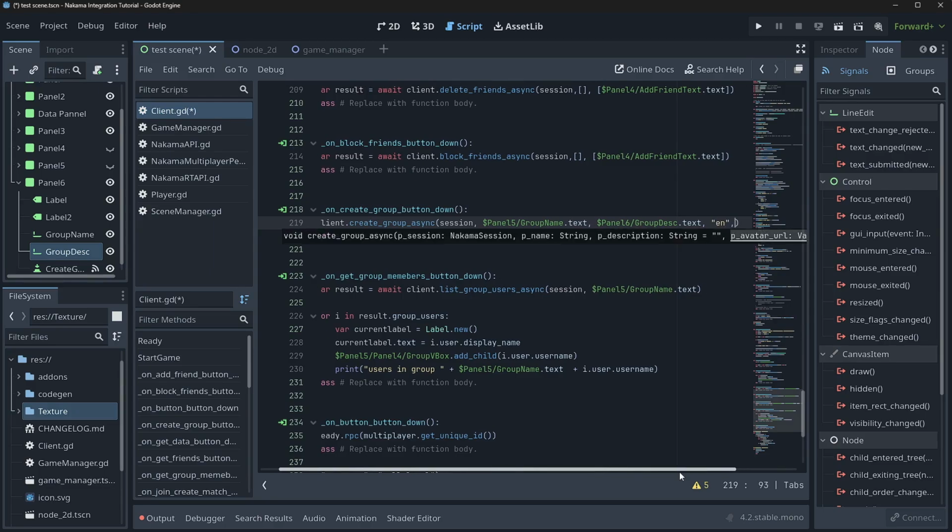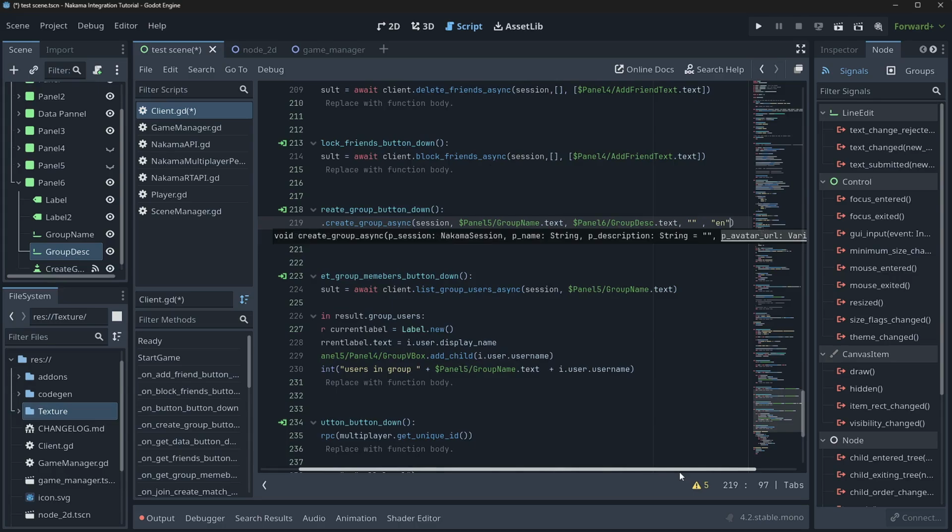It doesn't really matter necessarily, but it is a thing that exists. And actually, I'm messing up my little things here. We'll put an empty URL. We'll put an EN for the avatar title. And then you can choose whether or not it's open or not. So open means it's a public group, so people can actually see it and index it for other people. If you say false, then it's a private group. So if you don't want it to be listable, which we'll discuss listing in a little bit, but it allows